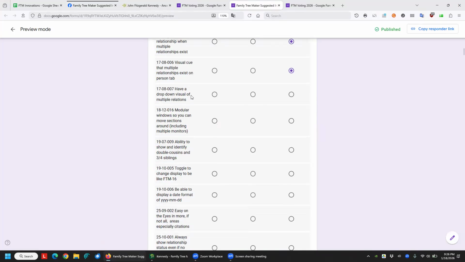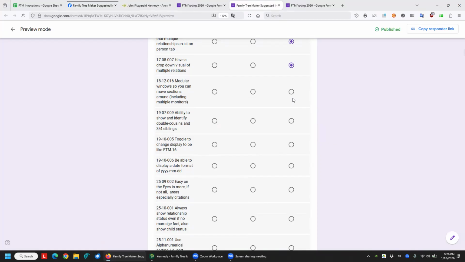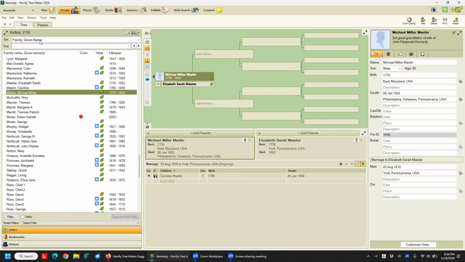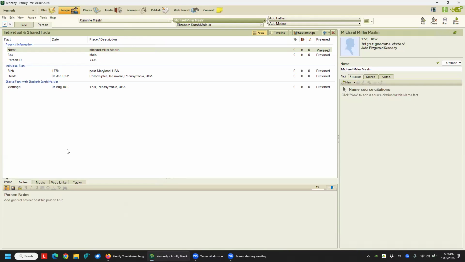This is along the lines of having a drop-down visual of multiple relationships. This one is modular windows, so you can move sections around, including across multiple monitors. A frequent request is that they'd like this name index here visible on the person tab, or if you do have multiple monitors,